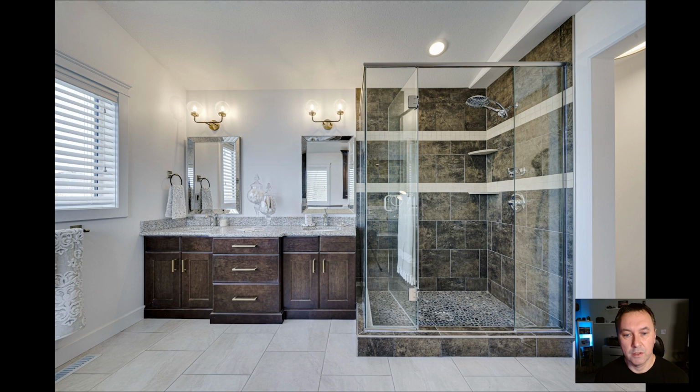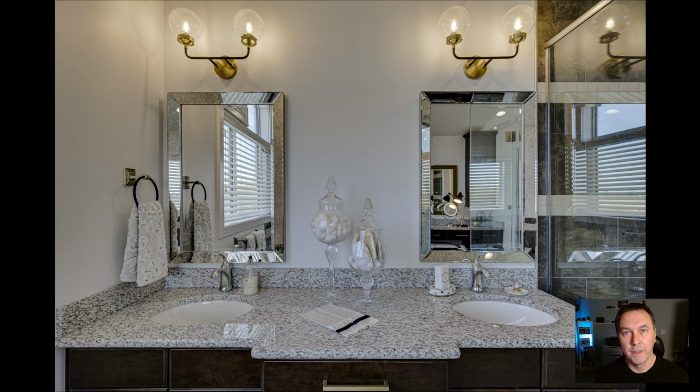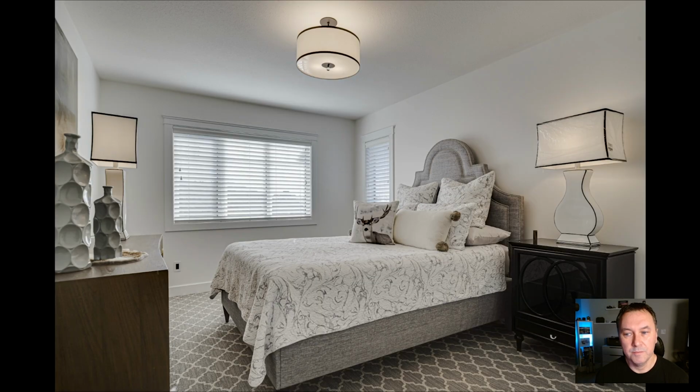Now we're going to see the sink, shower. And then I go into the details. So I'm mixing up angles, straight on, details. And this detail shot shows the sink and the lighting. Now we go to the